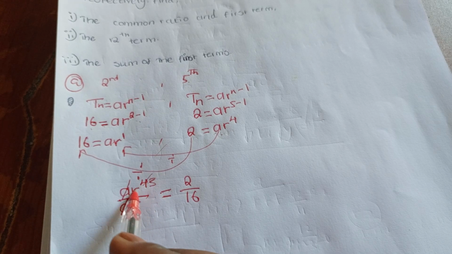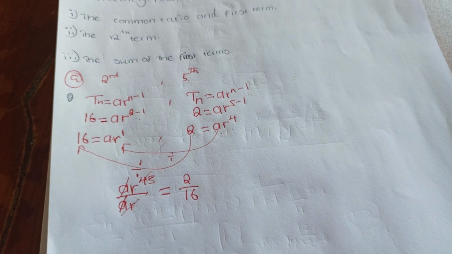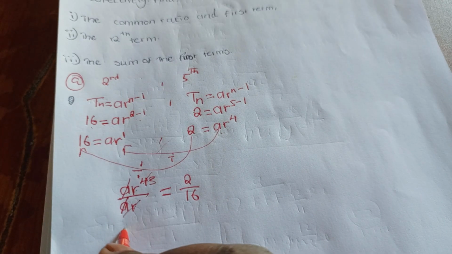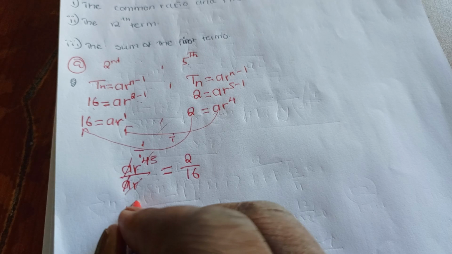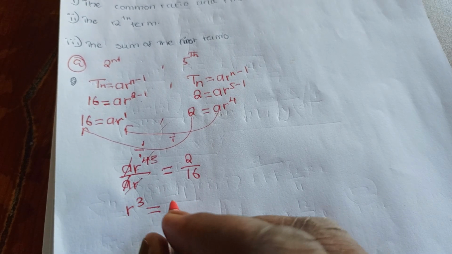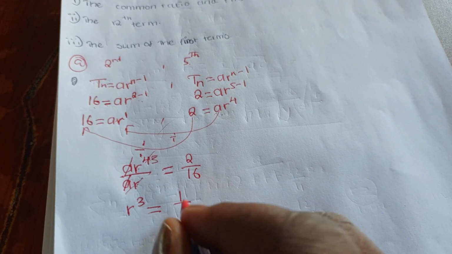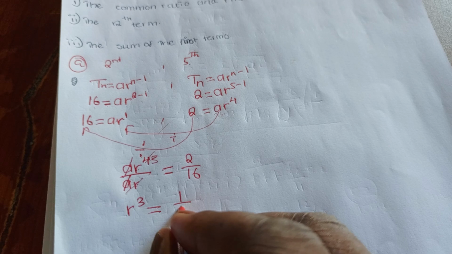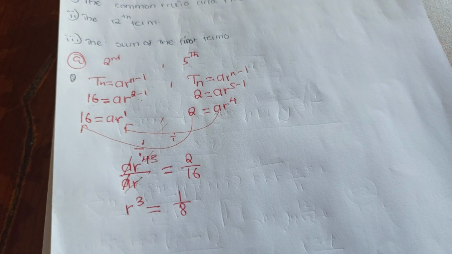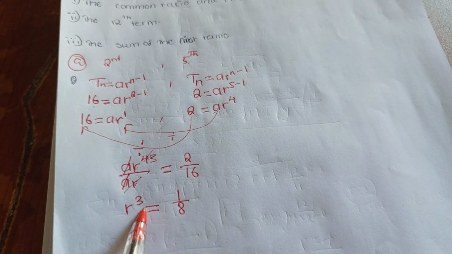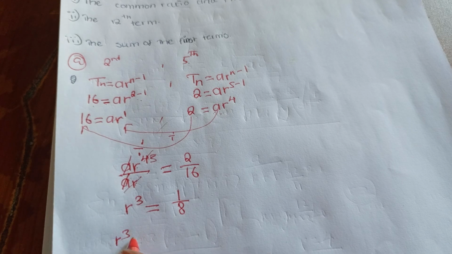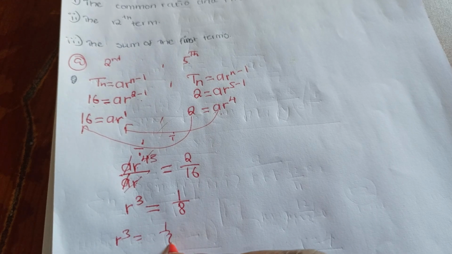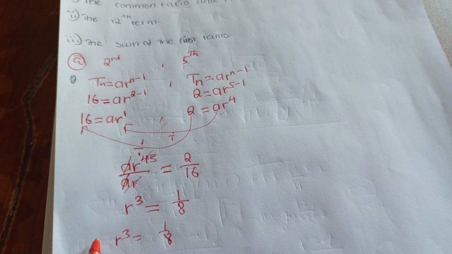and the 4 R's on top, which means we're going to remain with 3 R's. So it means we're going to say R to the power 3 is equal to 1 over 8. So now here we need to find the answer. So I'll write this part again here. R to the power 3 is equal to 1 over 8, which means we're going to find the cube root